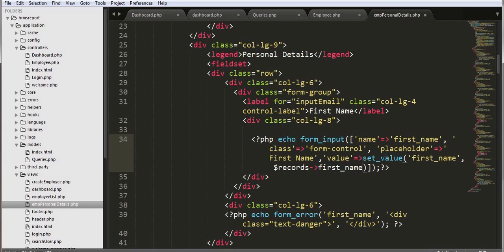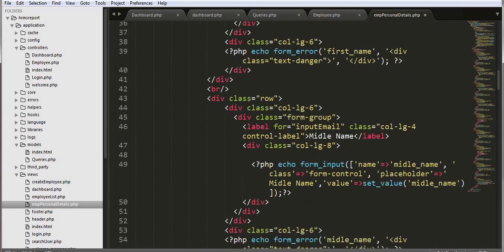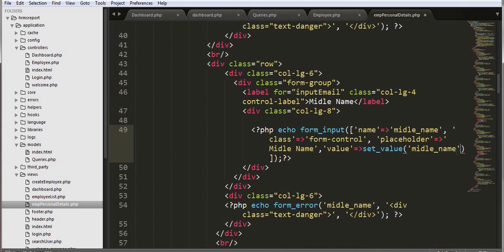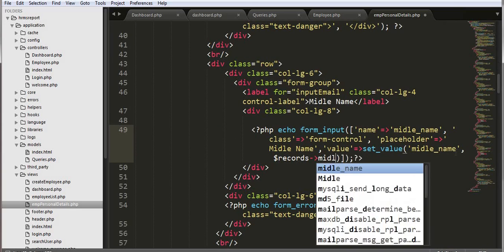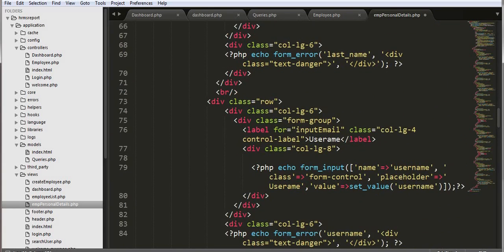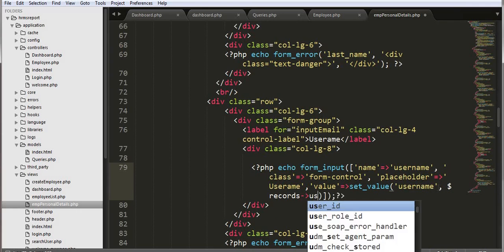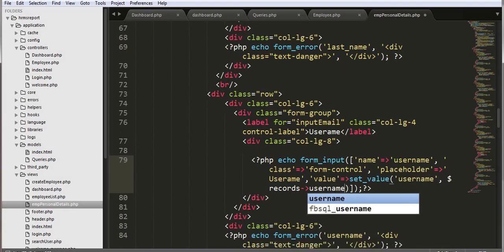Then put a comma, dollar records of middle name, then put a comma here, dollar records of last name, comma, dollar records of username,